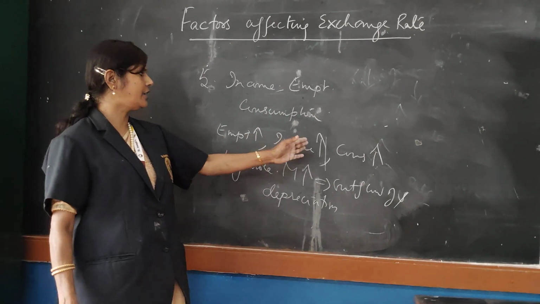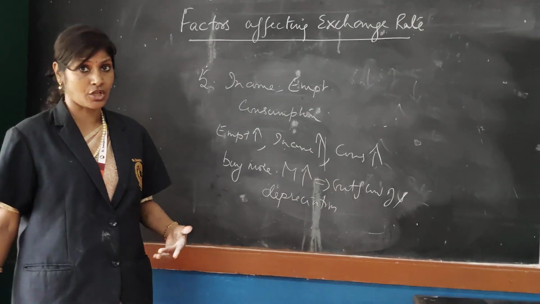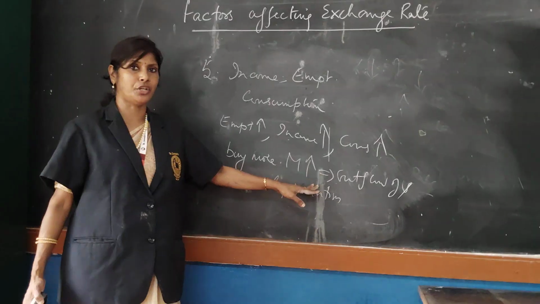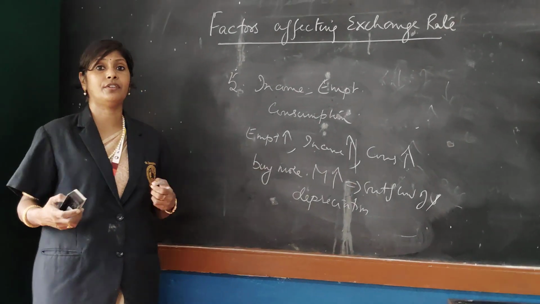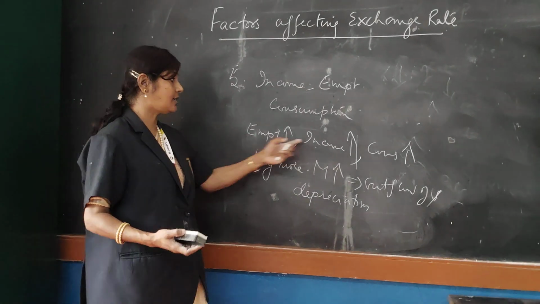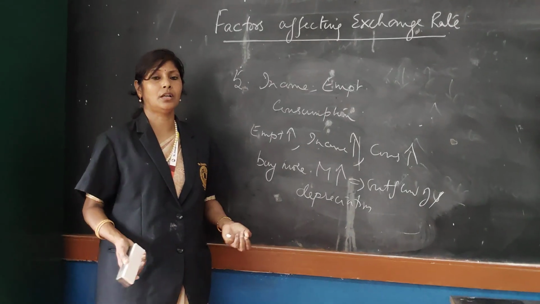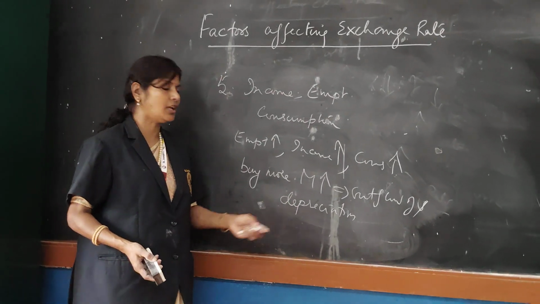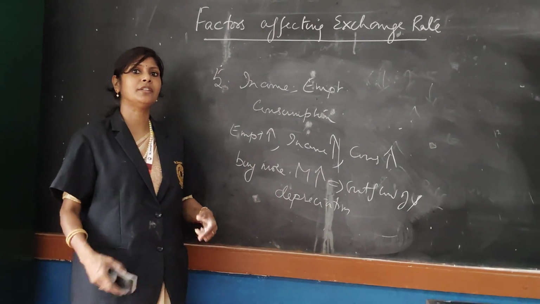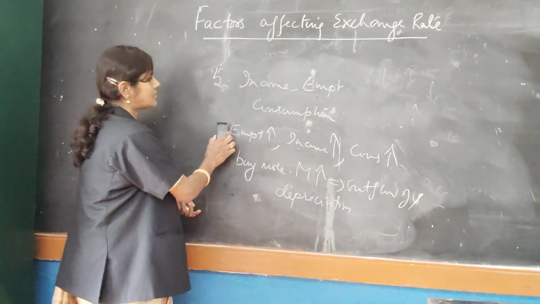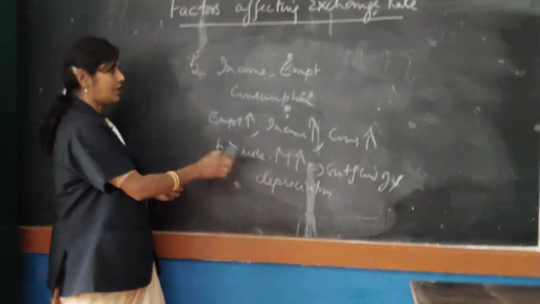When there is a decrease in the income and the consumption reduces, then people will not have money to buy the foreign goods. So in that case, the imports will reduce. Okay, but sometimes this is a case where we cannot say that lesser income and consumption will have an appreciation, right? So for a shorter period of time, there will be depreciation, or in the longer period of time, there will be change, right? So this is how we can explain the effect of income, employment and consumption towards the exchange rate.